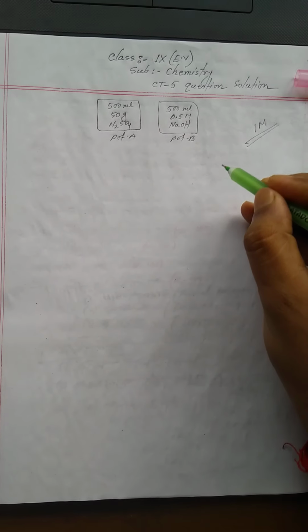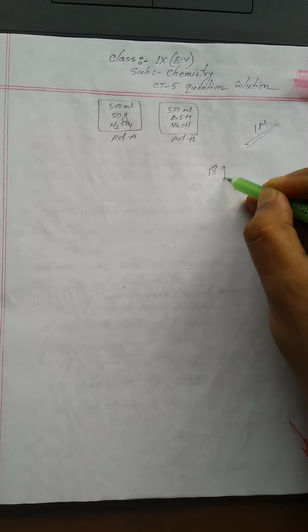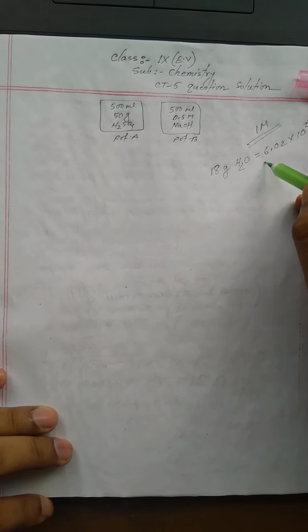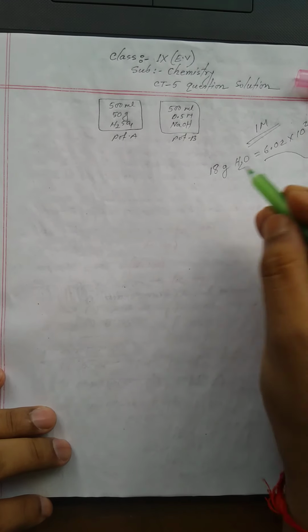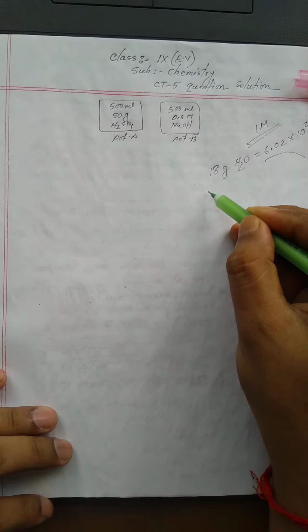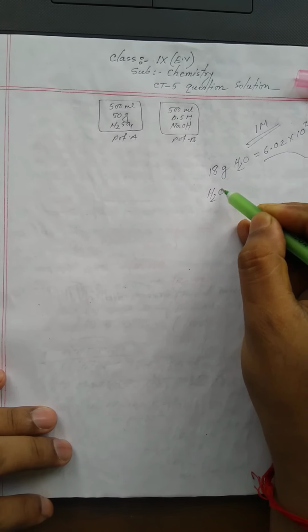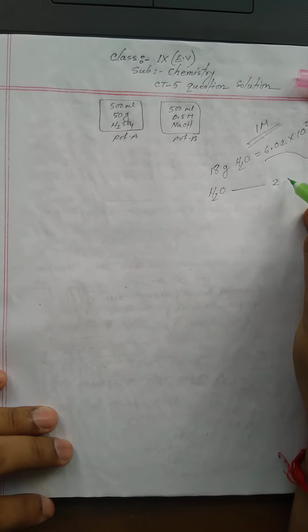Next, how many hydrogen atoms are present in 1 gram H2O? We know 18 gram H2O means 6.02 into 10 to the power 23 number of H2O molecules. From this number of molecules, consider 1 molecule of H2O. That means 1 molecule H2O contains 2 hydrogen atoms,